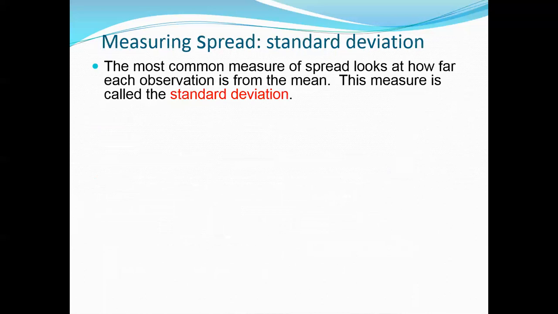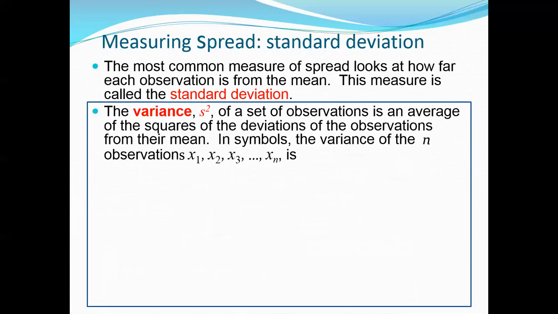Measuring spread, standard deviation. The most common measure of spread looks at how far each observation is from the mean. The measure is called the standard deviation. The variance, S squared, of a set of observations is an average of the squares of the deviations of the observations from their mean. In symbols, the variance of the n observations, x sub 1, x sub 2, x sub 3, on